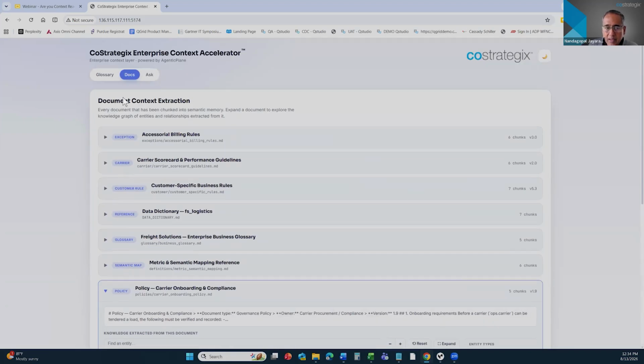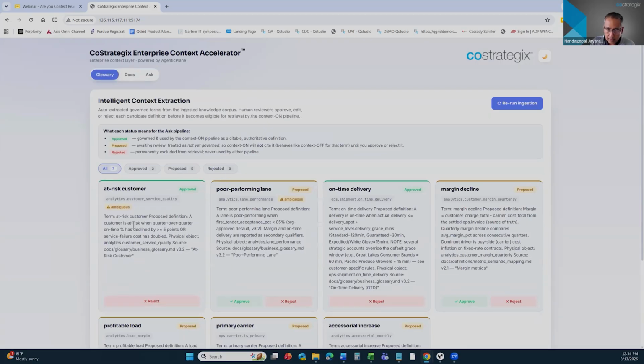But anyway, it builds a layer of context based on all the documents that you throw at it. It might surface certain things, like it might say, hey, poor performing lane definition is such and such, right? Where this is less than 85%. And what is the source? Where am I getting that from? Understand these documents can be updated, right? So this is a live pipeline. So it can go fetch a revised version 3.3 and just replace that piece of the context and keep it up to date, right? So that's the other value add here.